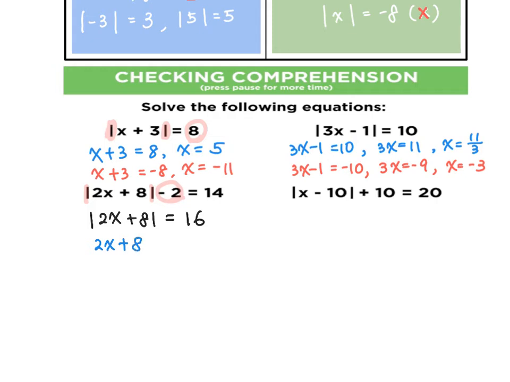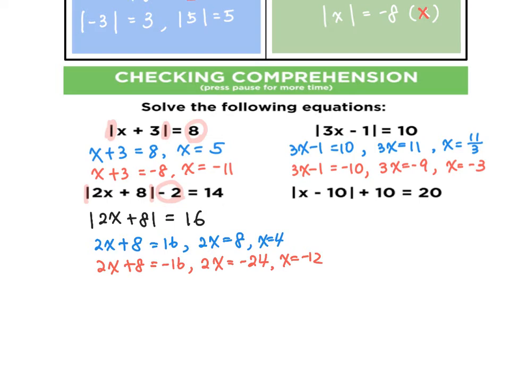2x plus 8 equals 16. And solve for x. So 2x equals 8, x equals 4. And 2x plus 8 equals -16. And 2x equals -24, x equals -12. So we will do the same process